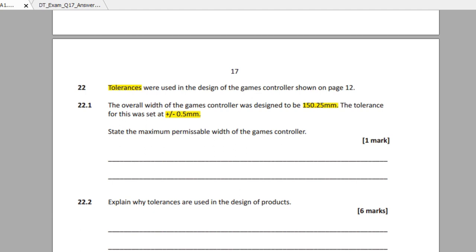Okay, and then the maximum permissible, so the maximum permissible width of the game's controller. Okay, so that's what it's saying to us. So the maximum that can be allowed, permissible means that can be allowed, they can get away with. Okay, so you would then do